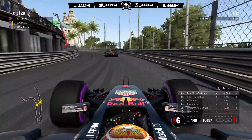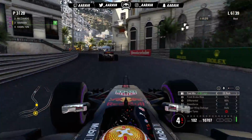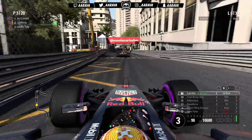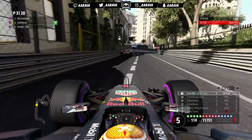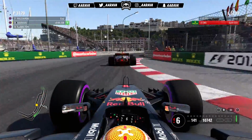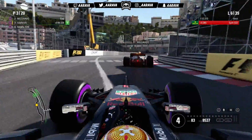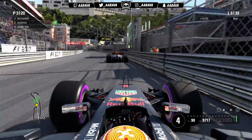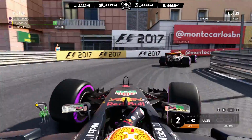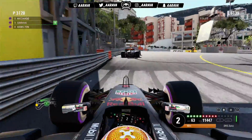Now we move on swiftly all the way to lap 6, so 5 laps later, and only now we're starting to close up to Ricciardo, but you can see the gaps are really dispersed, and on the mini-map, very clearly, myself and Ricciardo pretty much on top of one another, but you can see there's a huge gap in front and behind to Raikkonen, and then also Hamilton, Hamilton P4, holding up an entire train, I can actually tell you guys, at the moment, so that's really helping us out at this stage, but you can see, lock up into Raskas,